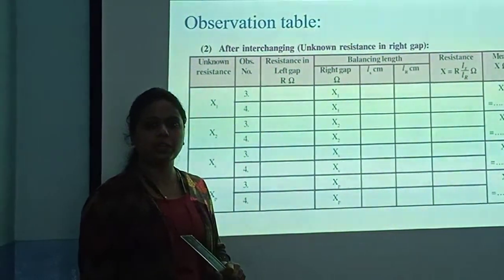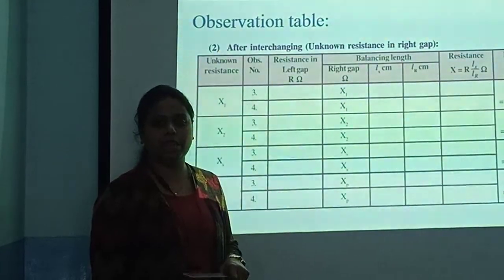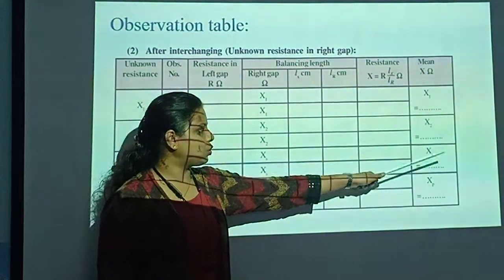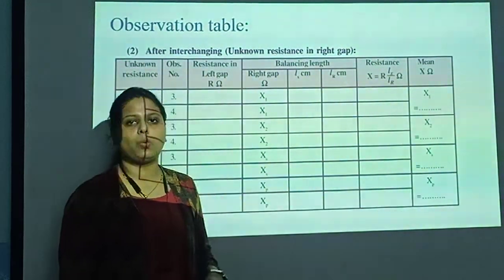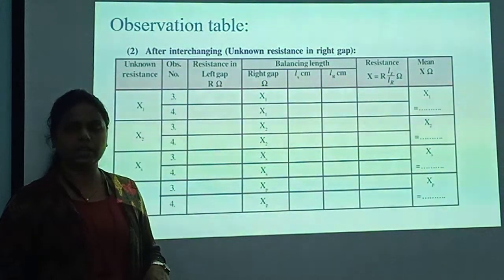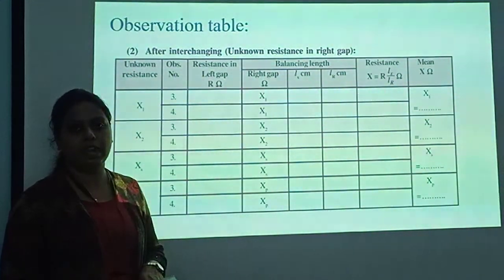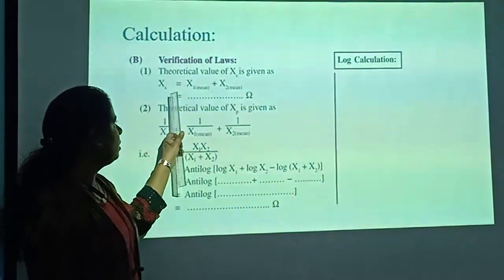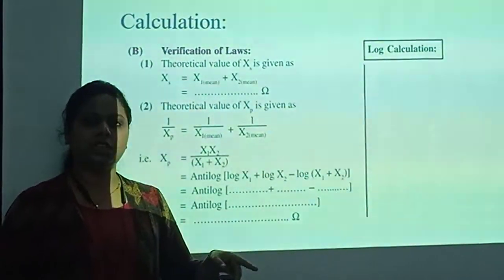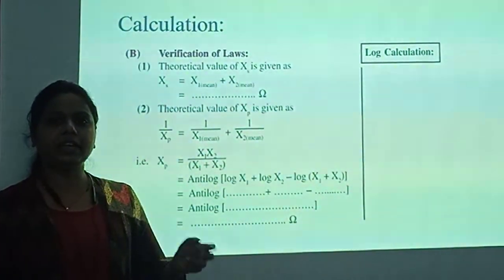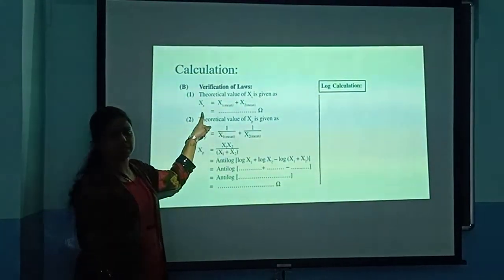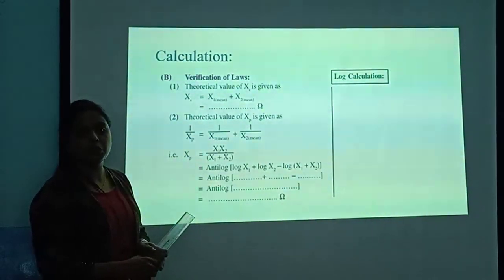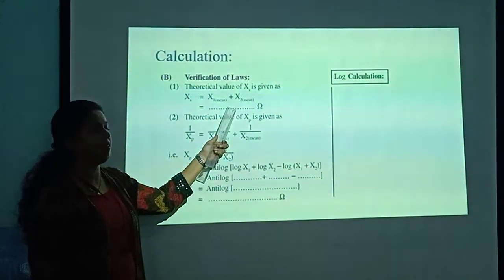And why are we doing this experiment twice? Just to assure that we are doing the exact experiment. So this is how you will get X1, X2, Xs and Xp nearly equal to the first case. Okay, these are the two observation tables we have completed. Now we have to verify the law. Separately you will get the X1 value, separately you will get the X2 value. When we take the sum of these, we will get Xs. So the experimental values should be the same as the given value. That means you have verified the law.